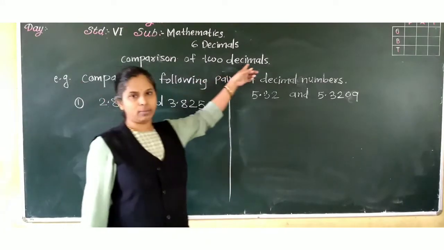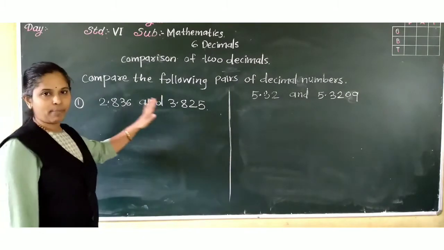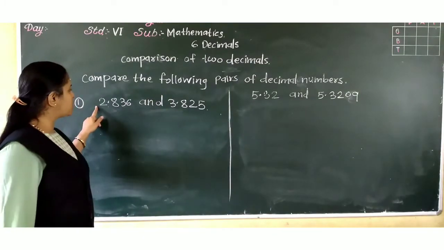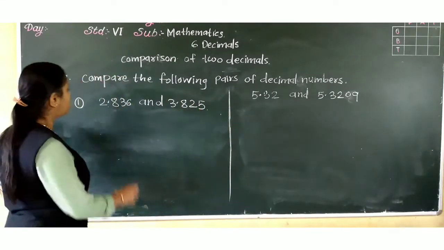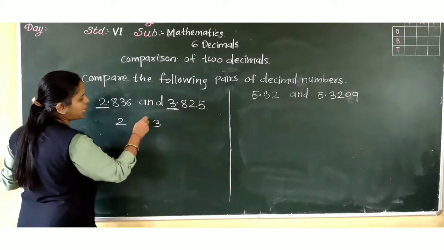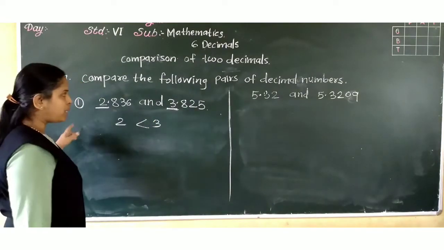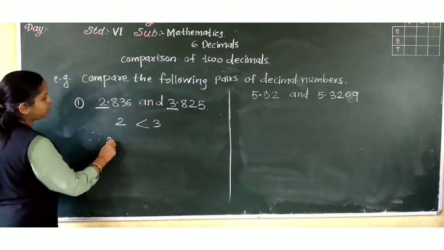Comparison of two decimals. How to compare? Here I have taken two examples. Look at the first, 2.836 and this is 3.825. So here compare the whole numbers. Now in 2 and 3, who is greater? 3 is greater. So ultimately which decimal is greater? This. So how to write? Therefore,